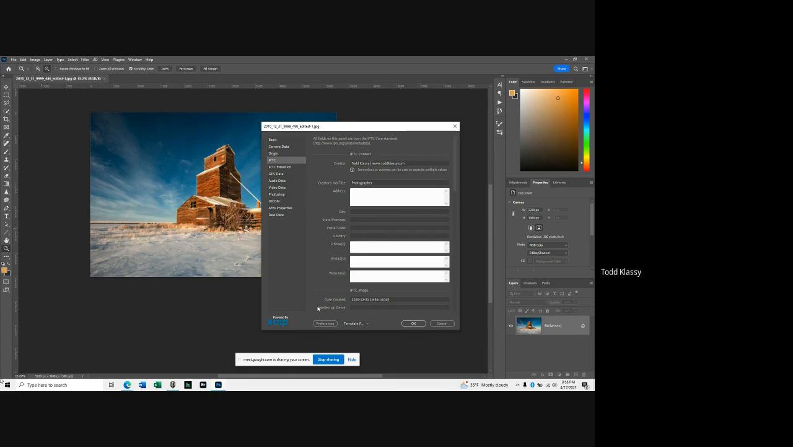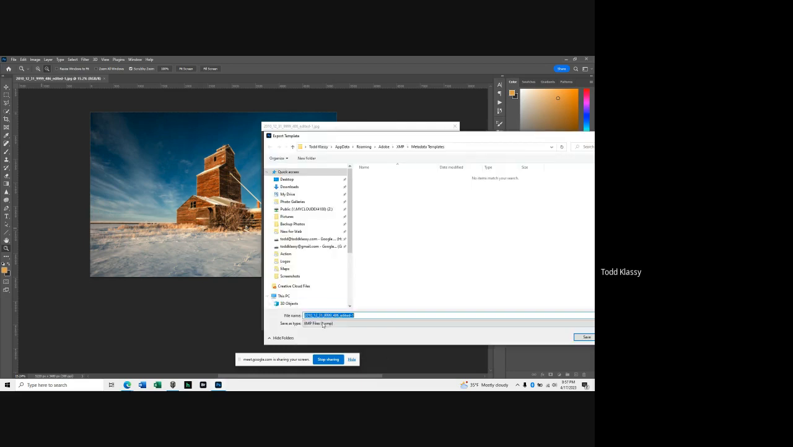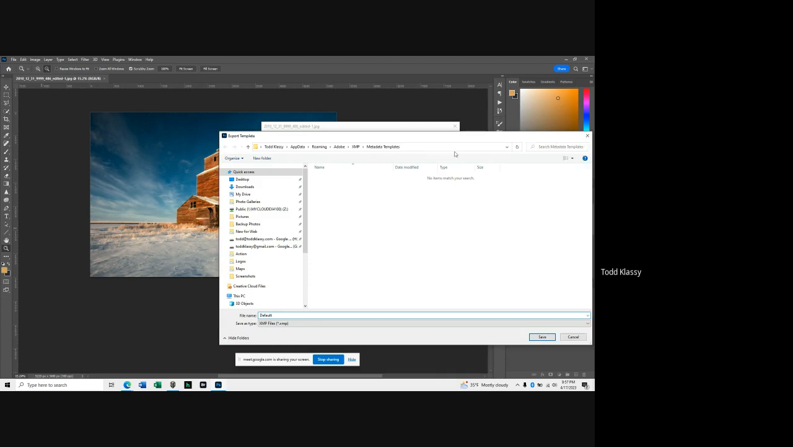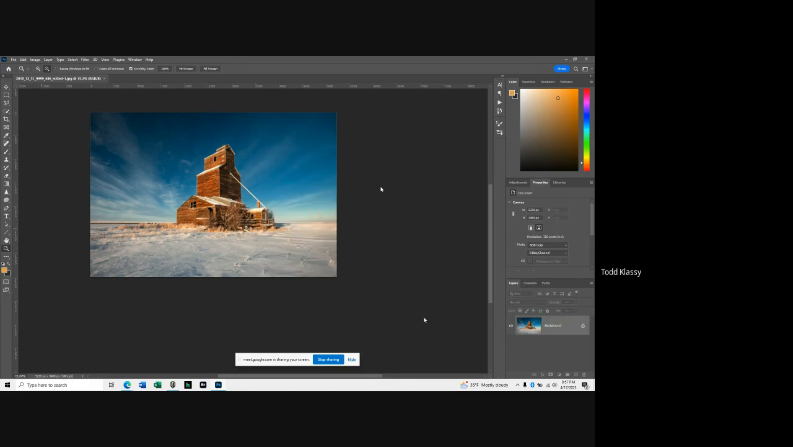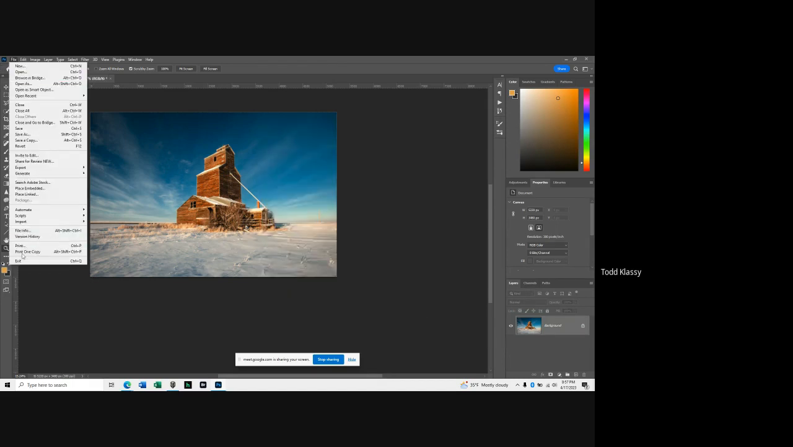And then when you're done, template exports and saves it as, say, default. See down here, it's saving as an XMP file. Click save. Okay. Now the next time you go to open a photograph, and you go to File Info,